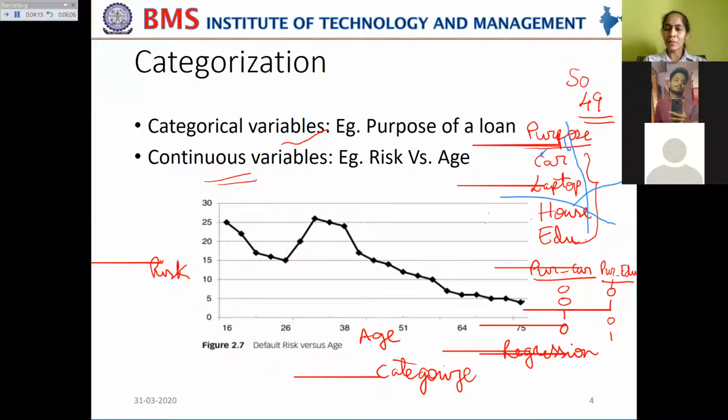This is how we can interpret this particular graph. What you observe here is a non-monotonous relationship. You don't have any straight line here. The relationship between age and risk is not a straight line. It is a curved line, or say, having different curves on the line. This is not monotonous. So the relation between age and risk here is non-monotonous.